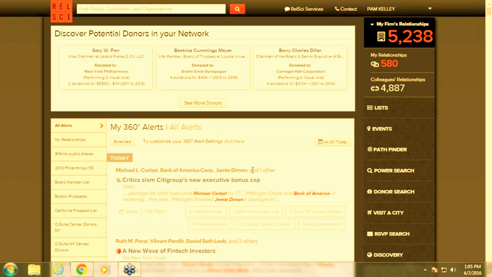We've created a universe where we've profiled over 4.5 million influential individuals, such as named executives, high net worth people, board members, and over 1.5 million of their affiliated organizations, which span the public, private, nonprofit, and financial sectors. All the information that you see in RelSci,